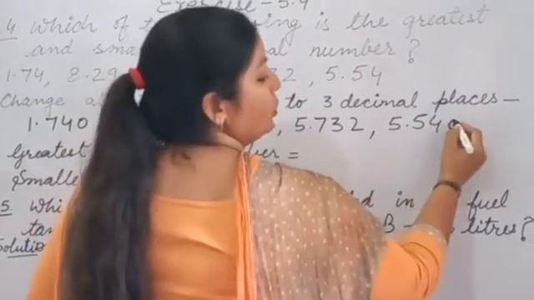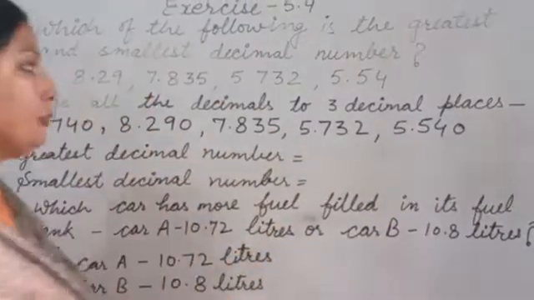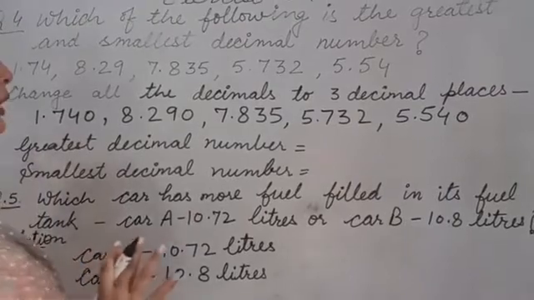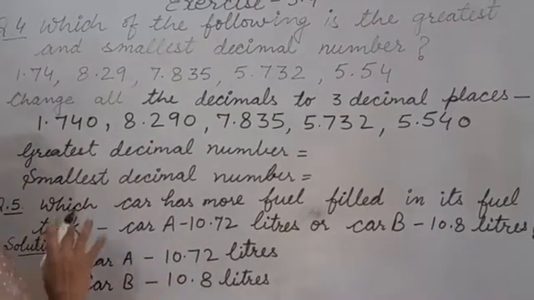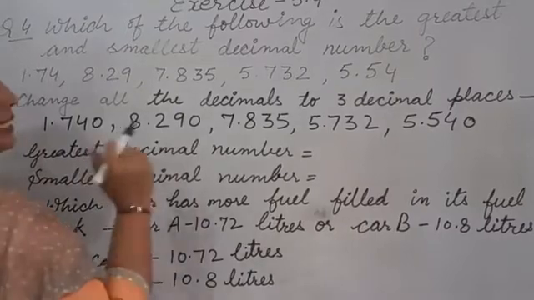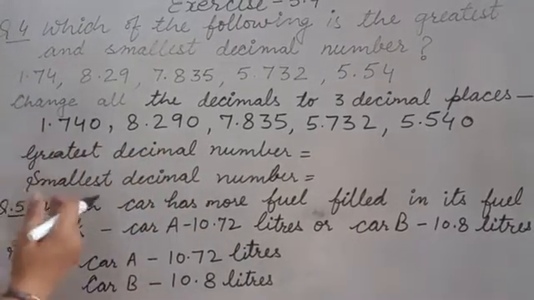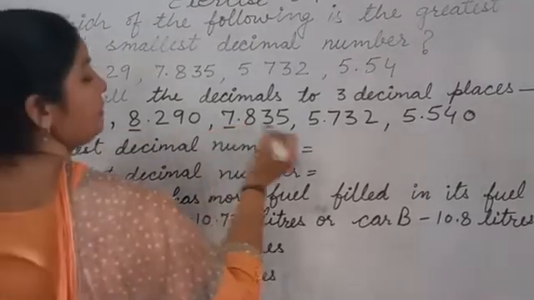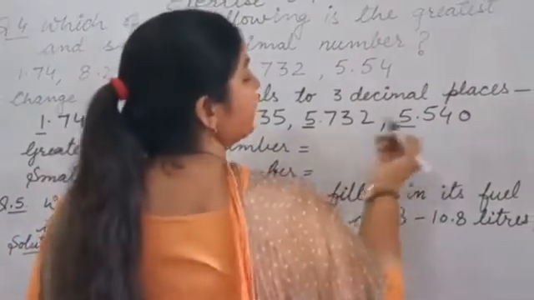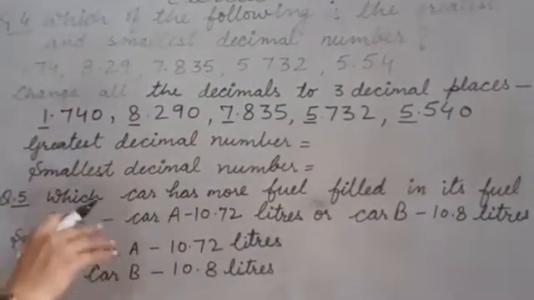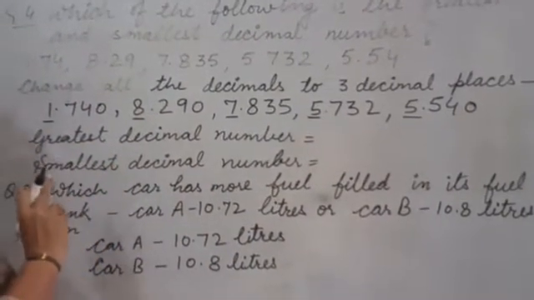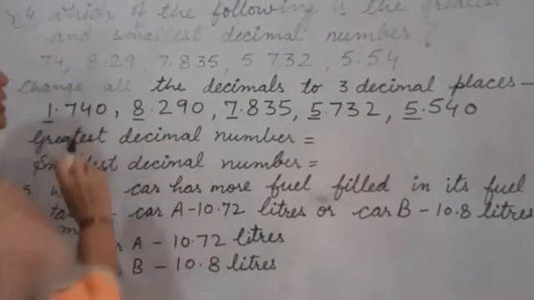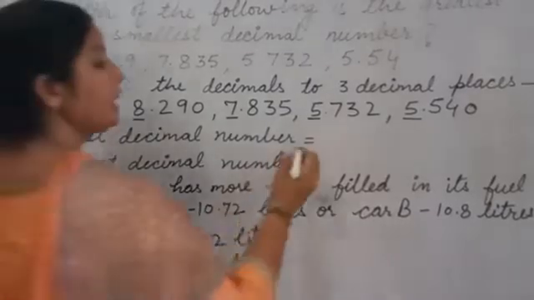Like this we have to change them into decimals with the same decimal places. Now we can select the greatest and smallest decimal number. First of all we compare the whole part. In the whole part there is 1, 8, 7, 5, 5. But we should tell only the greatest and smallest. From these you can see the greatest is 8. So this is the greatest decimal number, which is